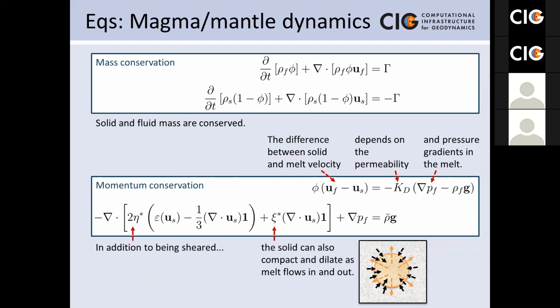And now we not only have this different melt momentum conservation equation, but also the conservation equation for the momentum of the solid has changed. So this is the part on the left. This is what we have in all mantle convection models. So basically, how does the medium respond to shear with the shear viscosity? Now the solid can also be compacted. So basically,